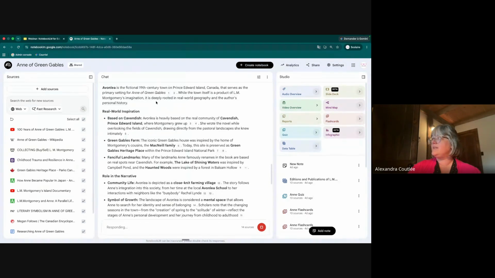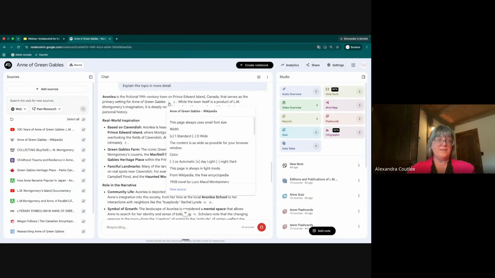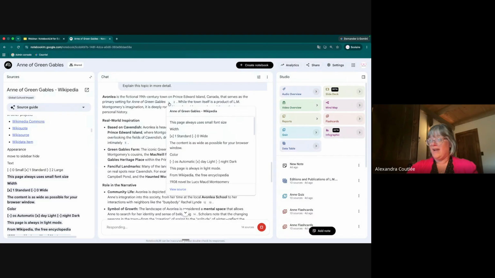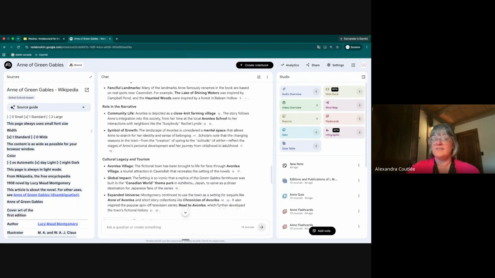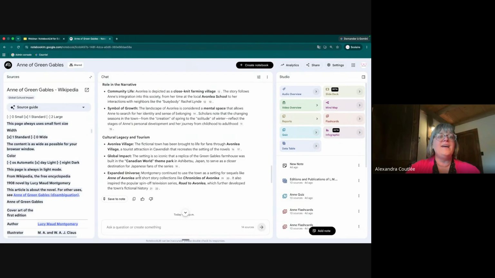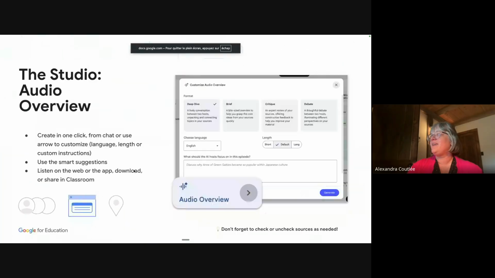But once it's done, notice how I have my answer here. And if I hover over, I can see where it pulled the information from. If I want to see it full screen or bigger anyway, I click on it. I can click, or I can click on view source, and now I can see where it pulled the information from. So super important to show students where this information is coming from. I love this tool as a beginning introduction to AI and using it. Where is it pulling the information from? For AI literacy, NotebookLM is absolutely amazing for that.